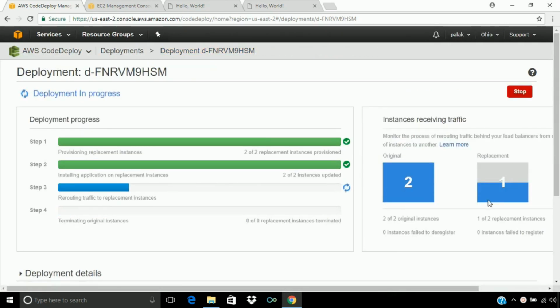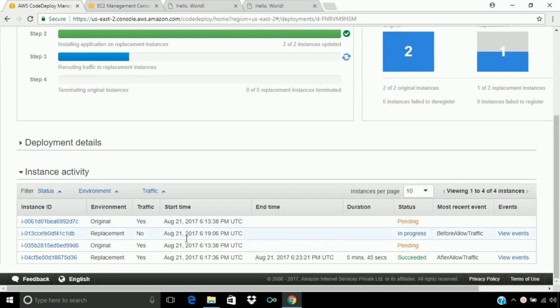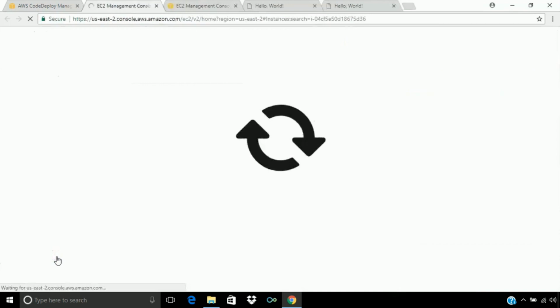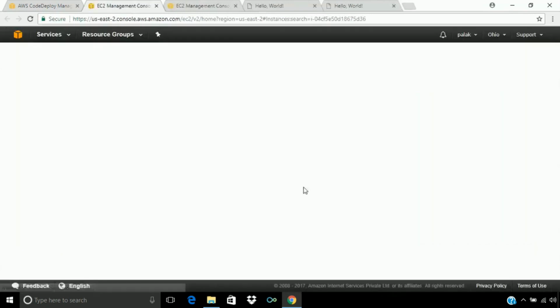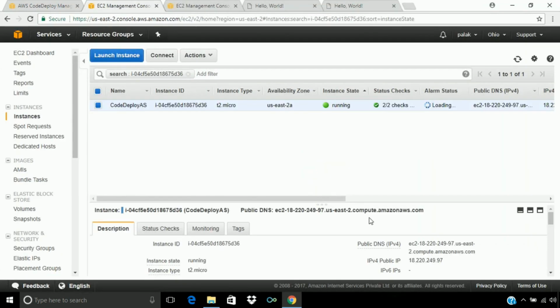One of the two replacement instances is getting traffic now. Once both instances are getting the traffic, it will ask us whether we should terminate the original instance or not. We can also open the replacement instance link to see whether our application is deployed properly or not. So let's see the public DNS of that.